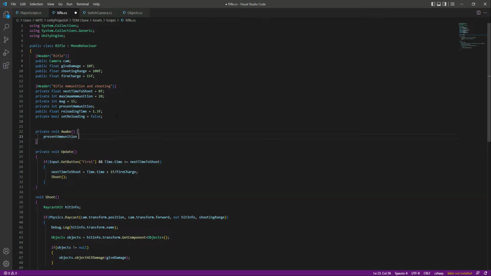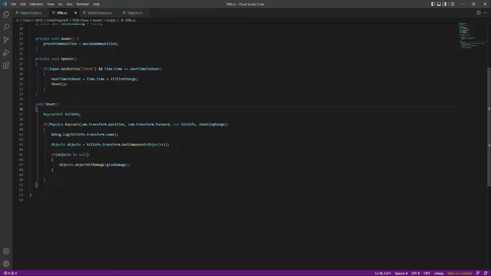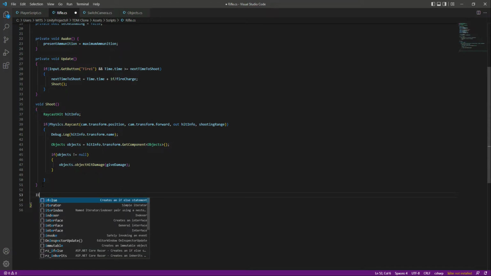set the present ammunition to the maximum ammunition. So as you can see, the present ammunition is 0, and then when the game starts it will be equals to 20f, okay, or 20 bullets if you say. After this, let's go ahead in the shoot function, and let's create a